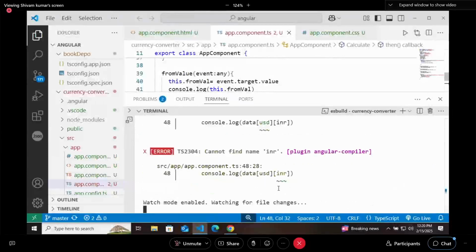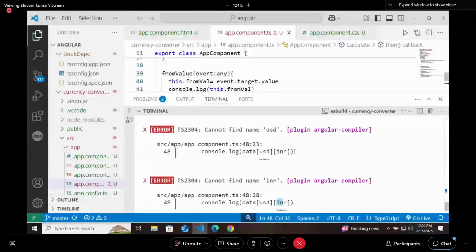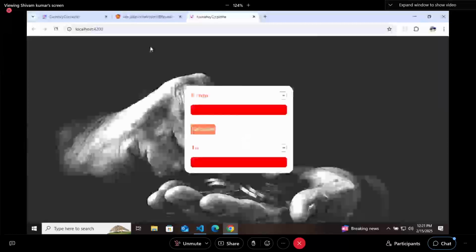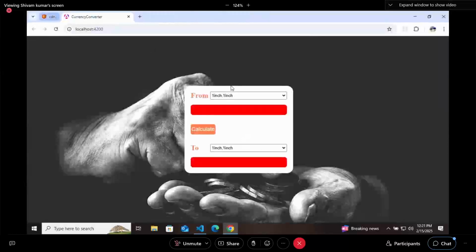Now it is saying that these two things, USD and INR, are not defined. So I will write them as strings. Now we'll check if it is building. Okay, so it is building.